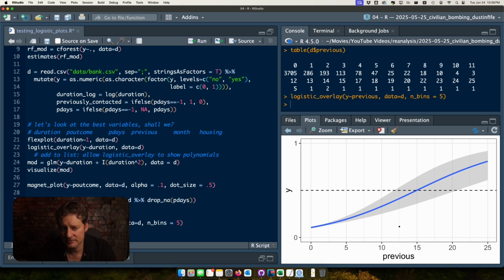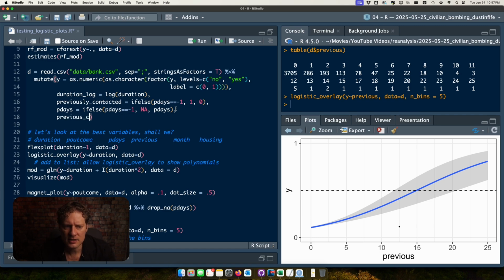No. You know what I should do? Allow the user to specify the bins. So right now it's all done for you, and in a situation like this where it's kind of hard to figure out what the right bins are, that's going to be problematic. I suppose I could do it manually and use a magnet plot instead. That's actually a good idea. I think I'm going to do that. So I'm going to create a new variable